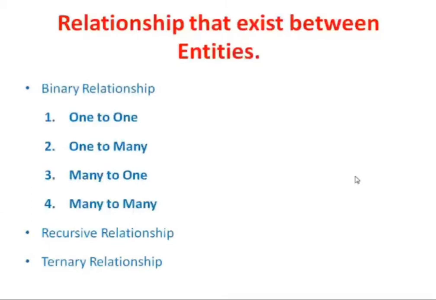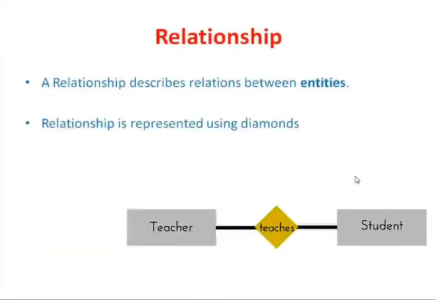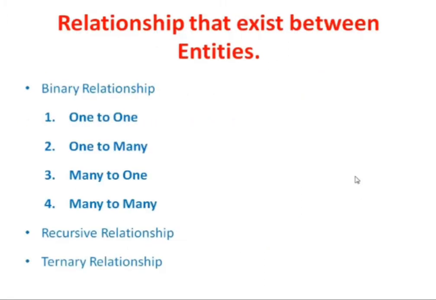Teacher is an entity, student is an entity. So two separate entities are involved in this. This sort of relationship is called binary. And with the same entity, if you are having a relationship, that will be called recursive. And ternary is if from one entity you are getting the relationship to another, and from that you are getting the relationship to one more. So three are interacting with each other, then that will be called ternary.